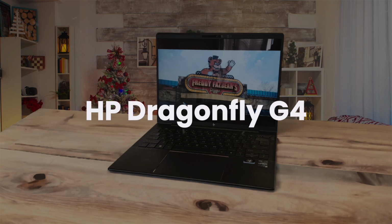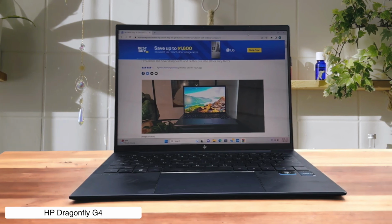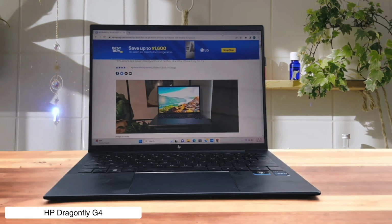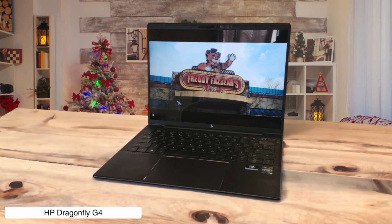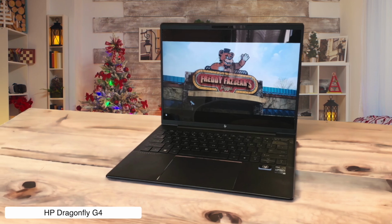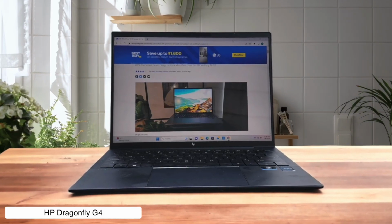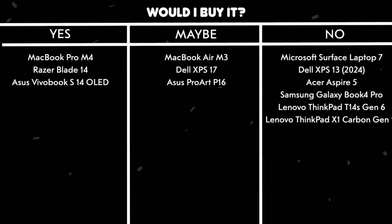HP Dragonfly G4. Let's be real, this laptop is light as a feather at 2.2 pounds, which is great for carrying it around, but for Blender, the processor keeps surprisingly cool and quiet, but with no dedicated graphics card, you'll be waiting ages for those renders. The battery life is impressive at over 12 hours, but that won't matter much when you're stuck at your desk waiting for that donut tutorial to finish rendering. Would I buy it? No, it's a beautiful business laptop, but without dedicated graphics, it's just not cut out for